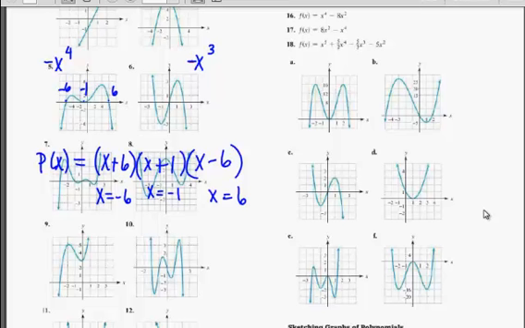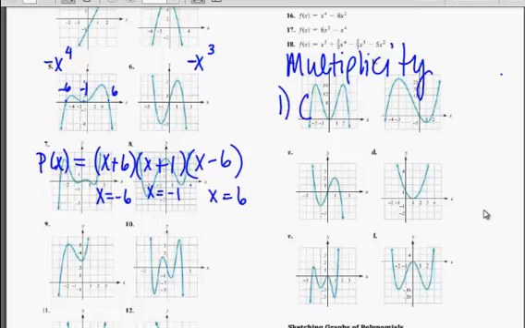Now, we have a 4th degree polynomial, and right now we only have 3 factors. And there are no imaginary factors, so we need to figure out where that extra factor is coming from. And that's where multiplicity comes into play. If the graph crosses at the x-intercept,